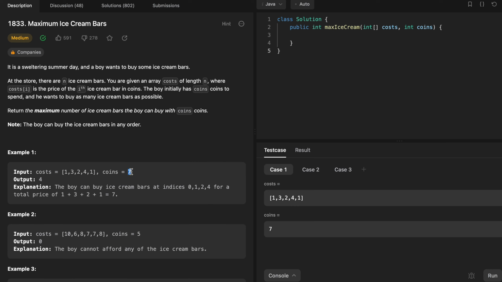The boy has some limited amount of coins. Say the boy has 7 coins, for example, and he wants to spend these coins to buy the maximum number of ice creams possible. He wants to buy the maximum number of ice creams that he could buy in that store with the coins that he has. So let's see